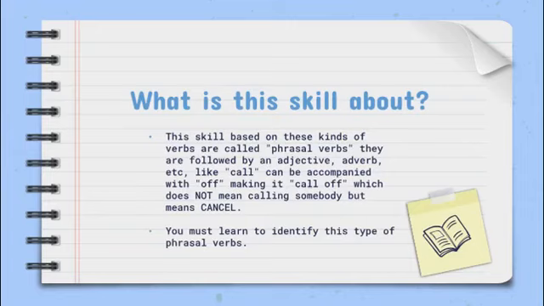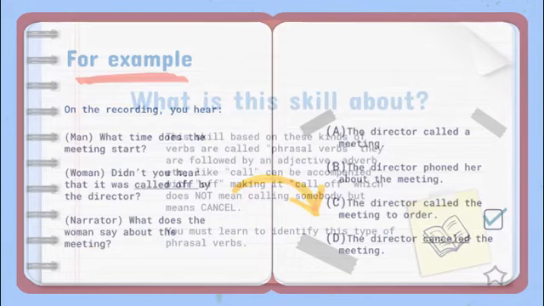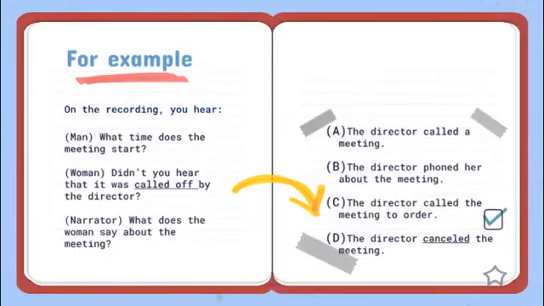They are followed by an adjective, adverb, etc., like call, which can be accompanied with off, making it call off, which does not mean calling somebody but means cancel. You must learn to identify this type of phrasal verb. On the recording, you hear,